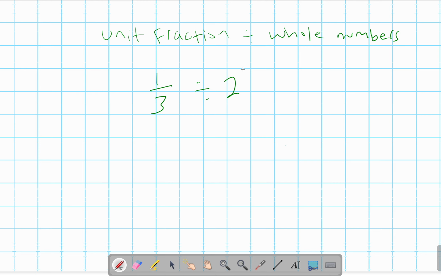So we want to know how many parts are we going to have if we divide this. So you can draw a diagram to show that. You can draw, for example, 1/3. So let's go ahead and do that. 1/3, and this third, you have 1/3, 1/3, 1/3. That means that each third we're going to cut in half,